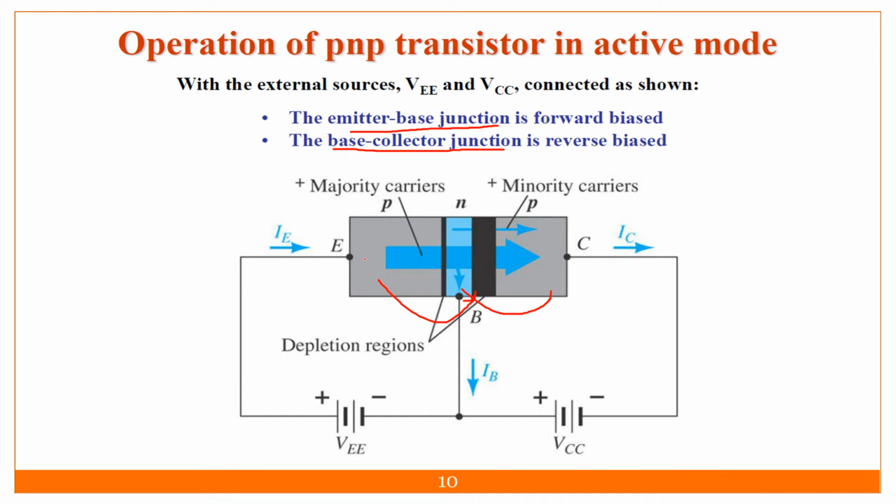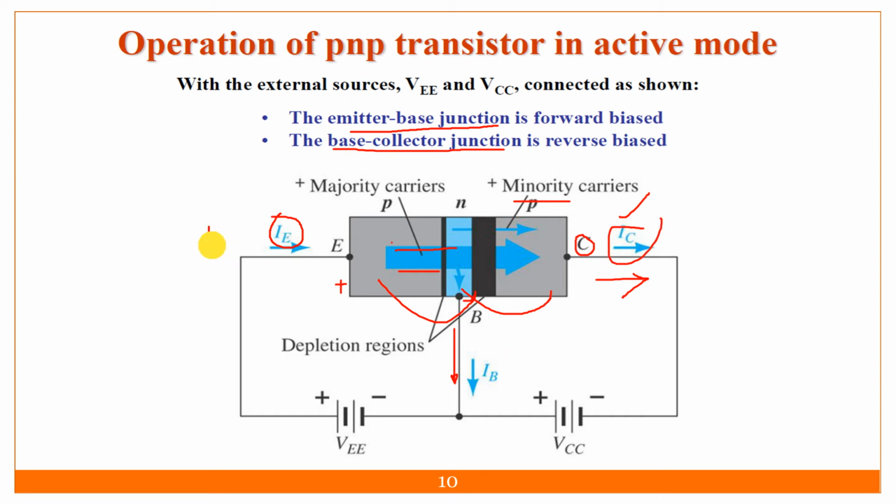So in this case, what will happen? Whatever the majority charge carriers are there, holes, due to the positive here, holes are getting shifted to this side. And whatever current is going to flow, this is my IB, flowing like this through the base, and the remaining current due to the minority carrier is going to flow like this. That is the current flowing through the collector terminal, my IC over there. We know that the incoming current is my IE, and the total current is IC plus IB, that is the distributed current.